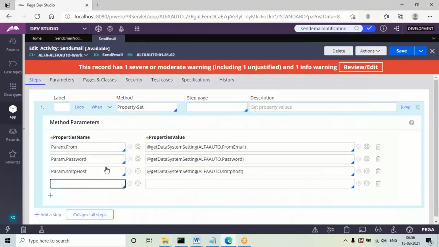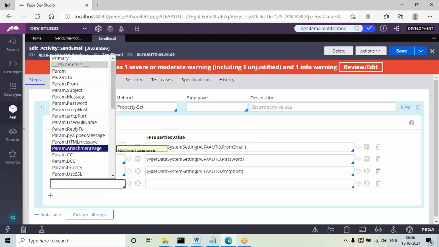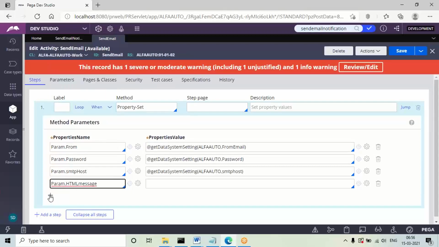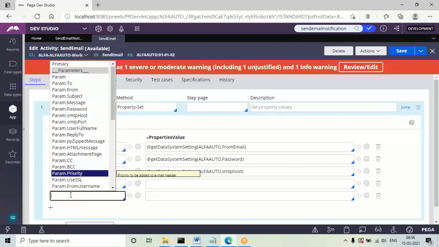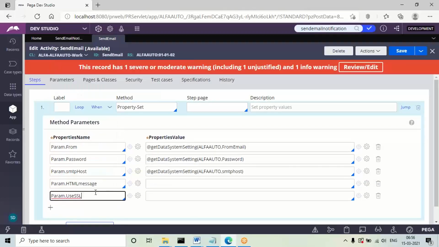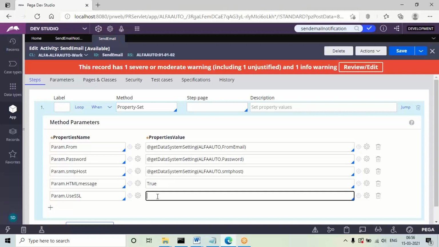Those two are param.htmlMessage and param.useSSL. Whenever we configure notifications using activity, these two we have to use and set the values as true, for both.